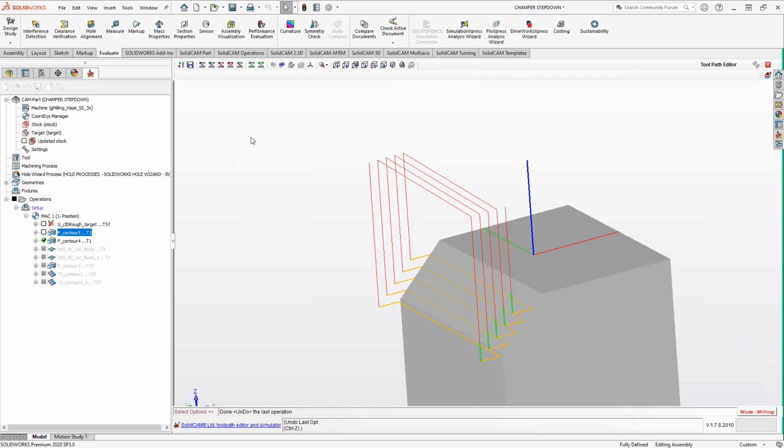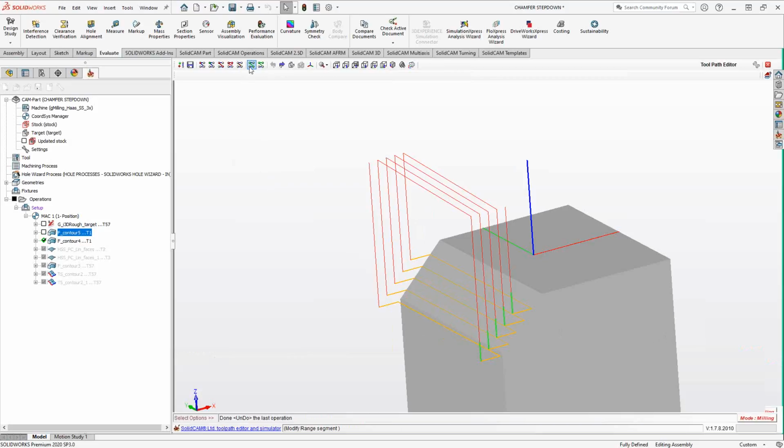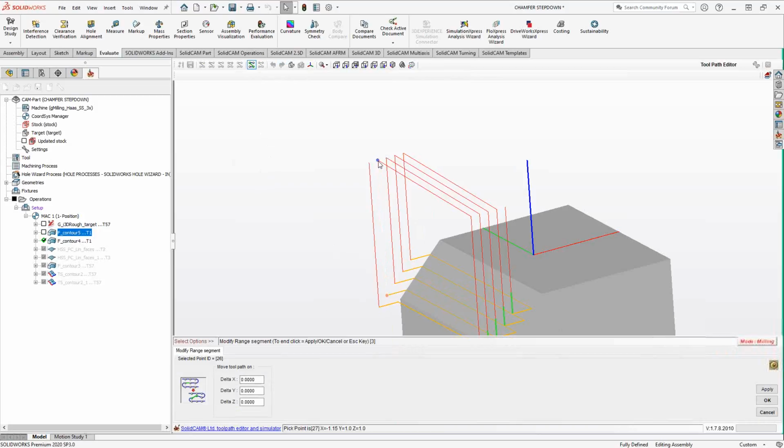Now you actually have the ability to add bits as well. So from here, you can see you can modify the range. And this one actually operates a little bit like the close corners that you find in the chain geometry selection window. What I mean by that is if I choose, let's say, these two lines here, so everything in there, I'm going to move the toolpath, let's say, by